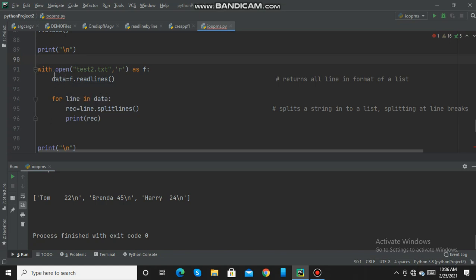So my data will be a list. Then for each line in the list, it will split it into a record and print the record. It will split the lines at this line break, that is \n, and print the record.